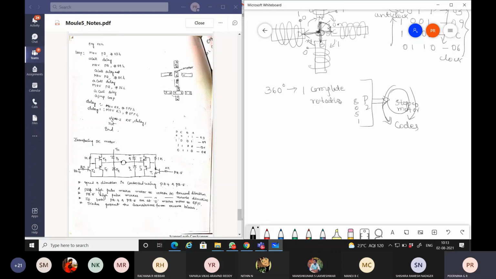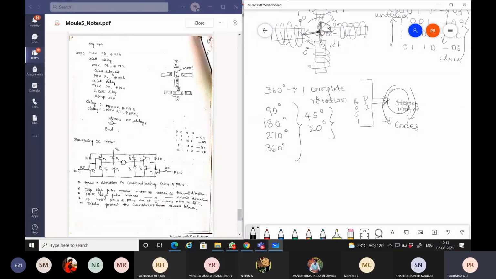The possibility for a programmer with the stepper motor is that you can rotate only up to 90 degrees, or up to 180 degrees, or you can go up to 270 degrees, or up to 360 degrees. Any of these are possible. Or if you want only 45 degrees, you can rotate. And if you want only 20 degrees, you can rotate.